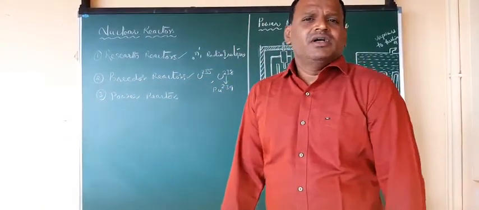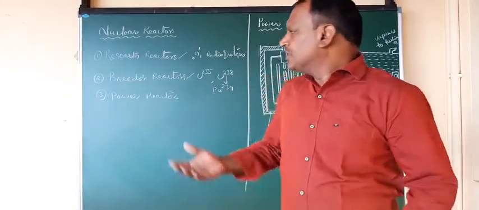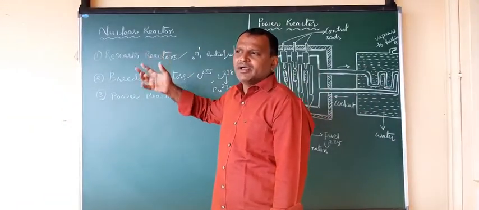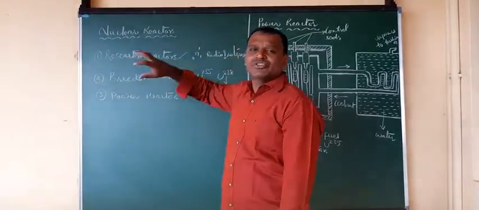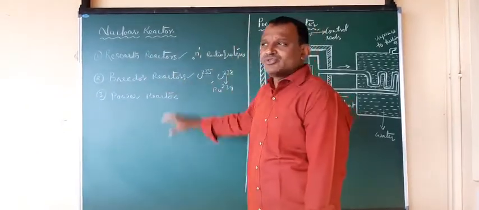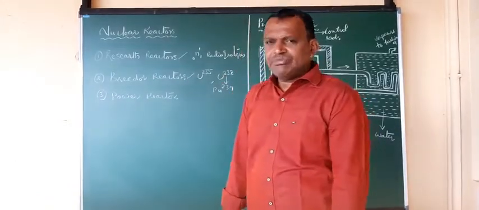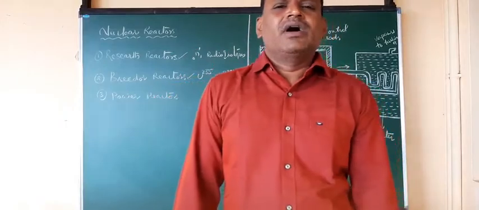So that produces power. There are a number of power reactors and breeder reactors. There, it will be having the production of power generation, as well as it can be used to produce nuclear fuel, and also for study and investigations. So you can have Apsara, Cirus, and also Purnima.